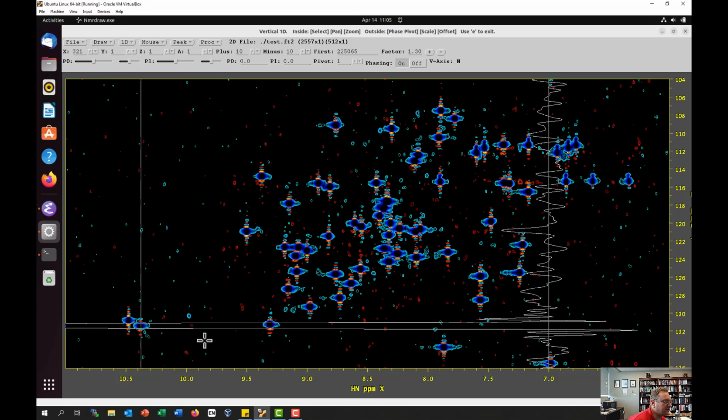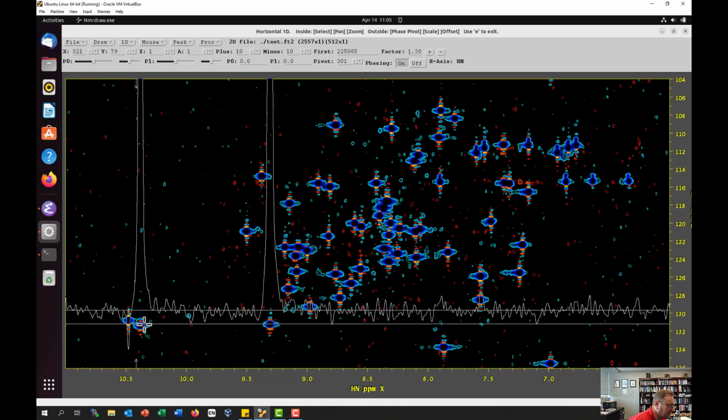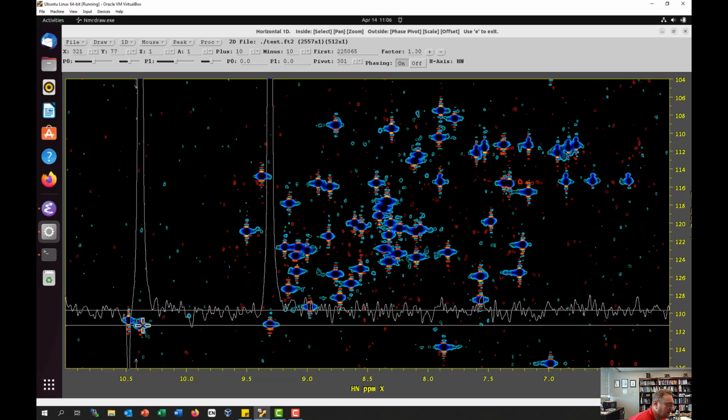And occasionally you'll do a first order phasing in the horizontal dimension, where you might click here and see, now that I'm clicking with my left mouse button, I get these arrows, and this is specifying my phase pivot. And so if I get this peak, which I have selected in phase, and I move my phase pivot to the middle of that peak, now if I drag the first order phasing,